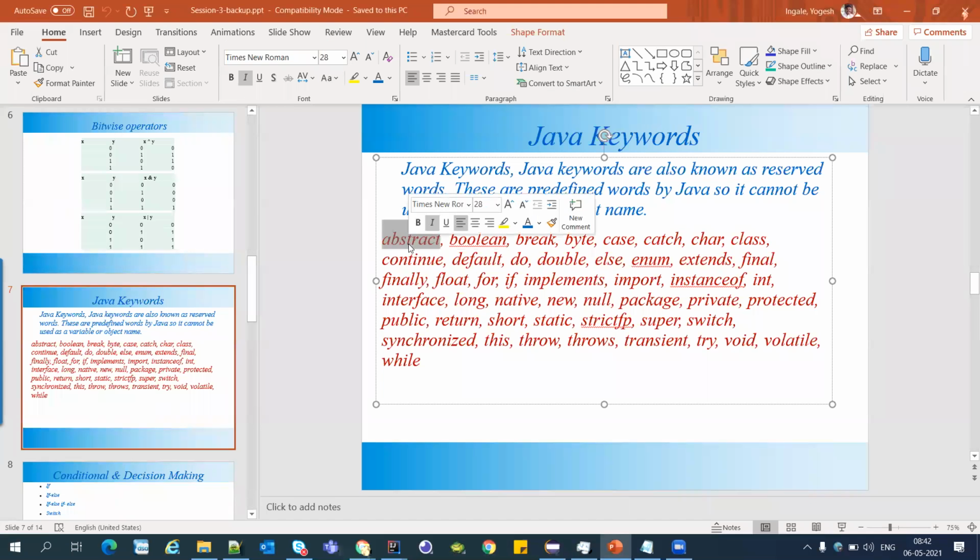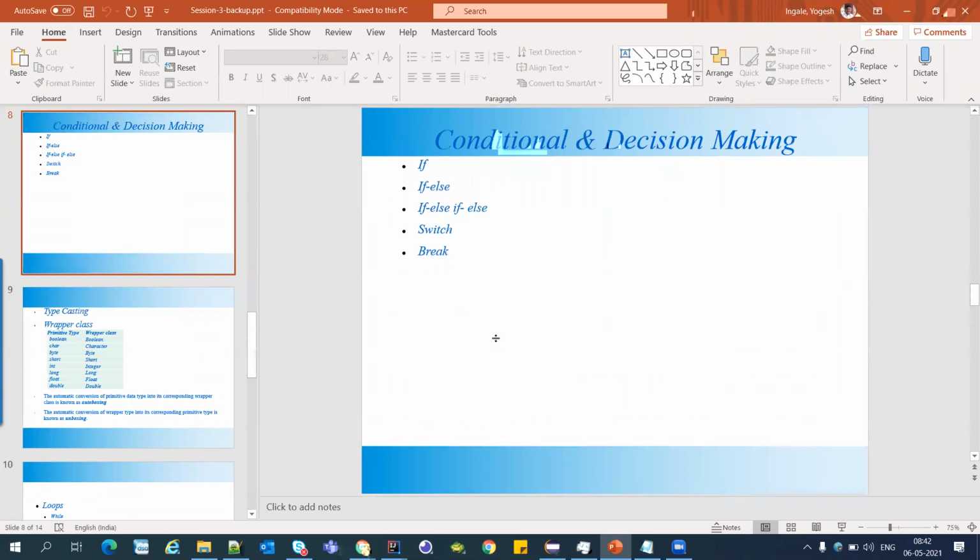So abstract is a keyword used when we want to create an abstract variable, method, or class. Break is used to break the loop or the current statement. We will show these keyword uses in the upcoming sections, in practical.